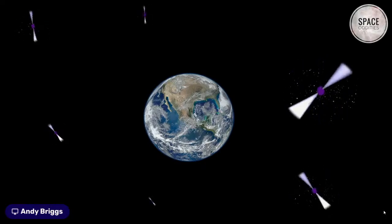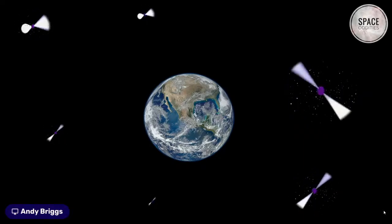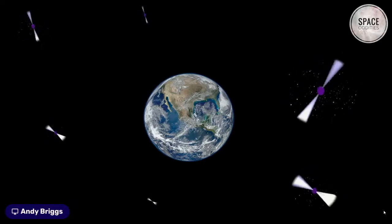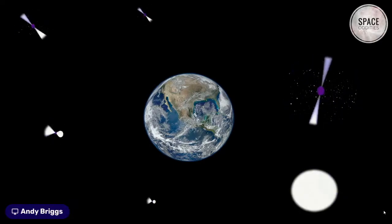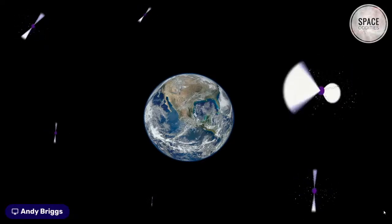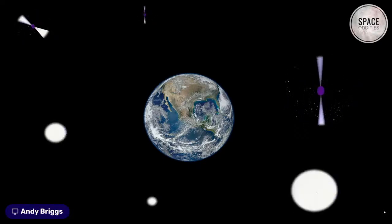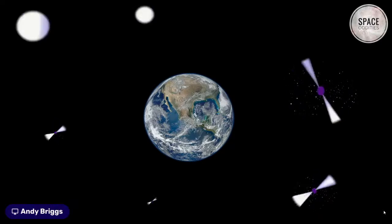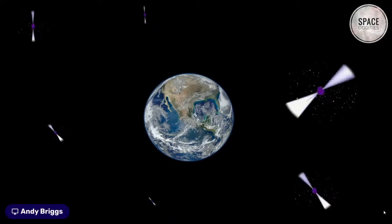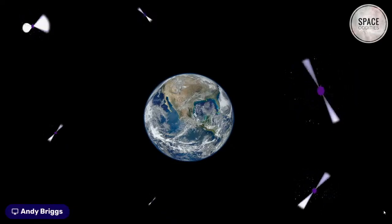these lighthouse-like beams of electromagnetic radiation, be they X-rays or radio, flash in the direction of the Earth so that we can see them. Of course, this is greatly slowed down because these are millisecond pulsars. They're rotating once in less than 10 milliseconds. But I didn't manage to find an animation that would show you that rotation speed, funnily enough. So these are 68 pulsars at different distances from the Earth. And we know exactly, to an incredible accuracy, many decimal places, exactly how long they take to spin